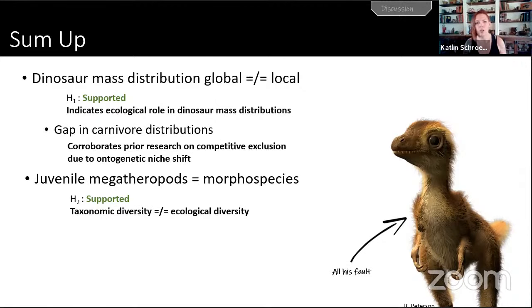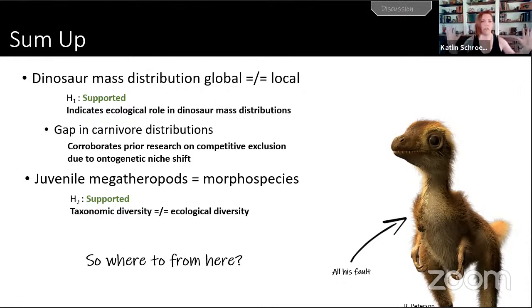So if we really want to understand distributions of dinosaurs, we need to take into account the fact that these guys are not physiologically similar to mammals. They're probably not taking care of their young very much. They're egg laying. There's huge disparities in size between juveniles and adults. With some of these animals, particularly looking at Tyrannosaurs, there's huge morphological disparities between infants and adults. So we should be taking into account the juveniles of these animals when we're looking at dinosaur ecology.